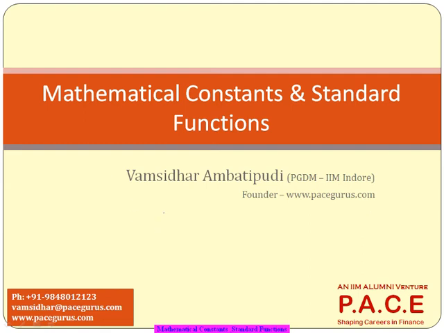We have already discussed a few mathematical constants earlier, especially e and pi. e is 2.718, pi is 3.14. So we have discussed a few of the mathematical constants earlier. And we would also be discussing something about the various standard functions which we will be using in various applications